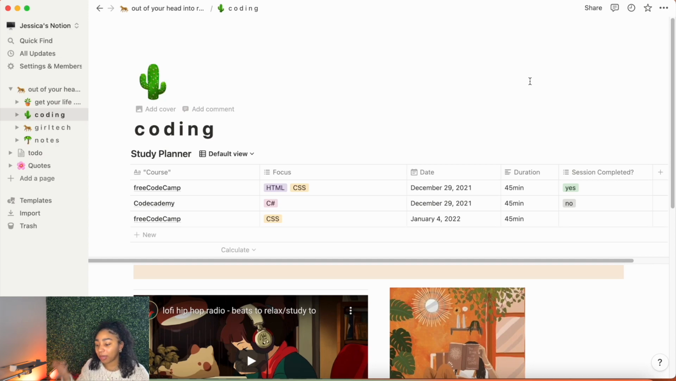I would have some place where I would go in the night before and say, okay, I know I want to work in freeCodeCamp, and I know I want to focus on these languages or whatever section that I'm on. And then this is the date that I want to work on it, so it would be the next day. And then how long do I want to actually work on it? And did I actually work on it and complete it? So I had some type of tracker, but I'm not really feeling how I set this up. I have some ideas on how to revamp this. So I think I'm going to revamp it, and then I can offer you guys a free study planner